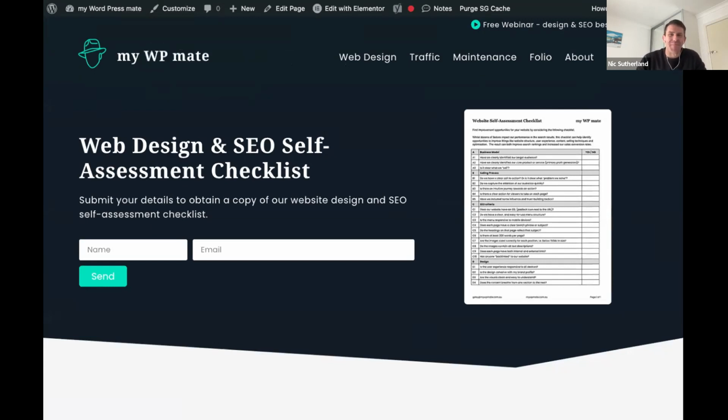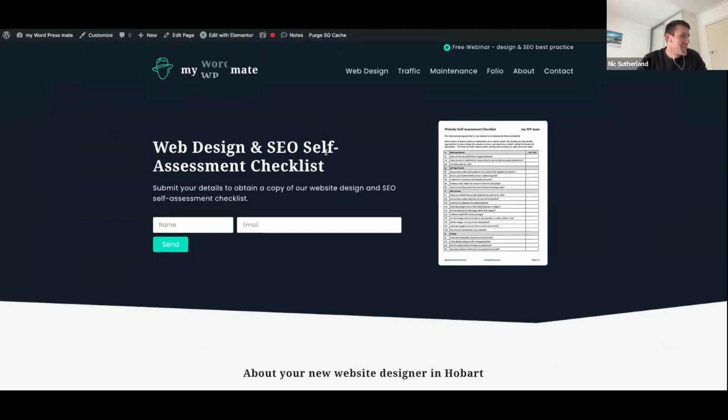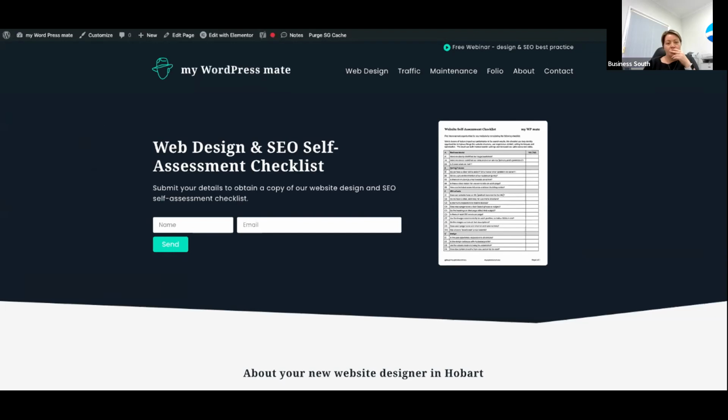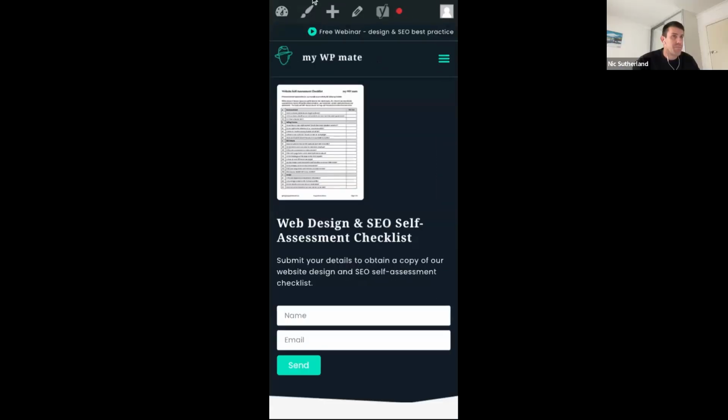We are here looking at my website, the web design and SEO checklist. And of course, I've thrown in a cheeky little sign up box there so I can harass you with spam down the road. But in order to do a speed test of your own website, we need Google Chrome, which is the Google web browser. Chrome is fantastic. If you're not a convert already, just download it and use it. It's so good. There are some tricks with Chrome that I can show you, but basically we're going to right click and inspect, and that brings up the developer tools.